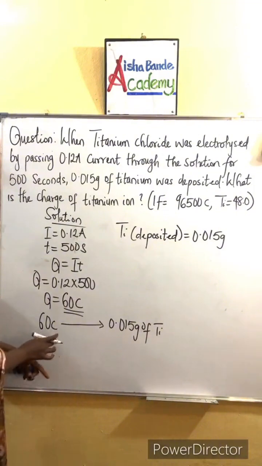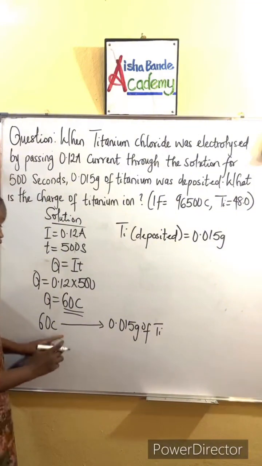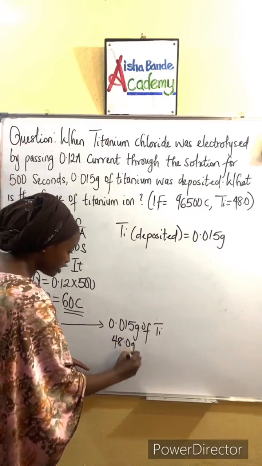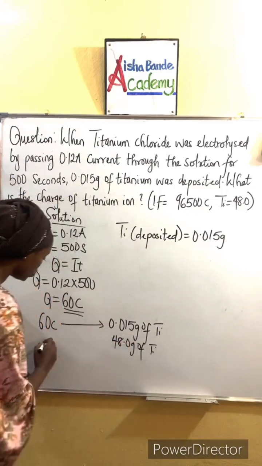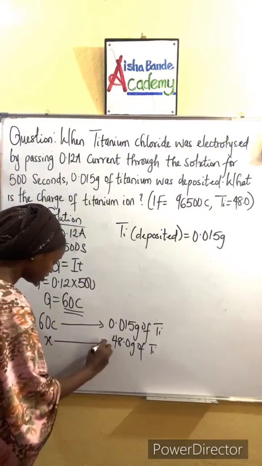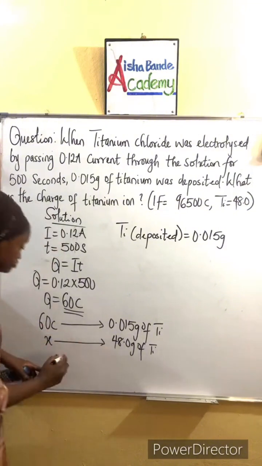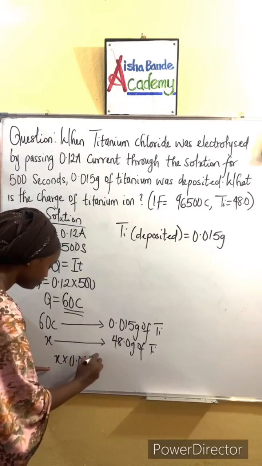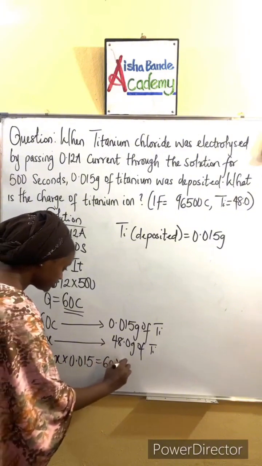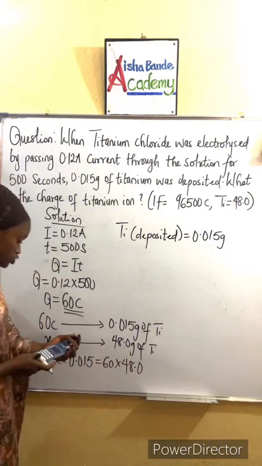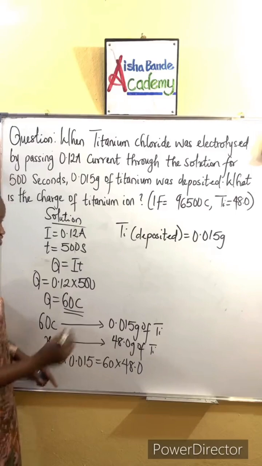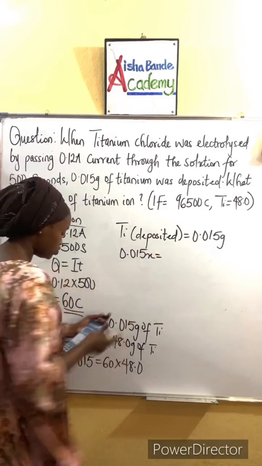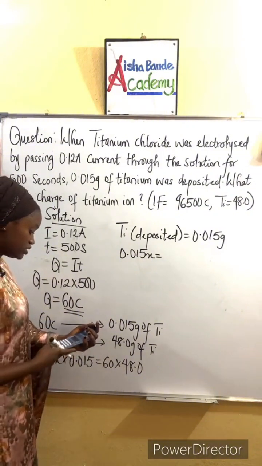But as given in the question, we were told that titanium here is 48.0. So now we are going to look for the quantity of electricity that will deposit 48.0 grams of titanium. So here we are going to say X. Let's call this unknown as X. So from here we can cross multiply by saying that X times 0.015 is equal to 60 times 48.0. So here we have 0.015 X is equal to, here we have 60 times 48.0, here gives us